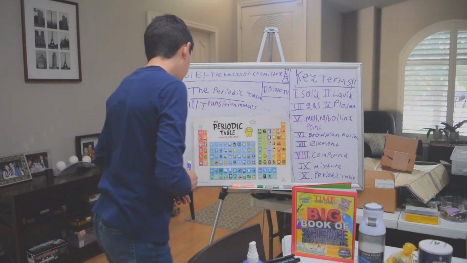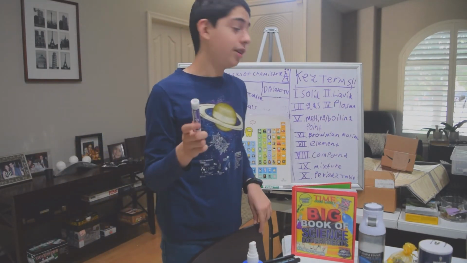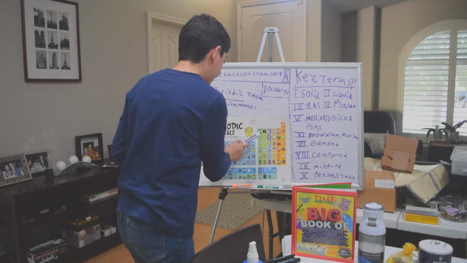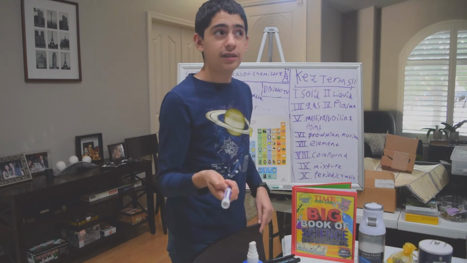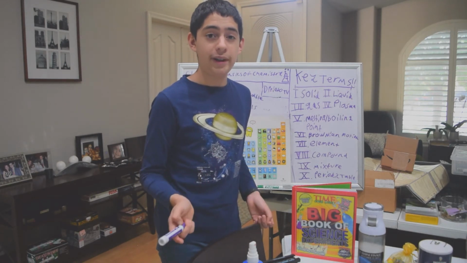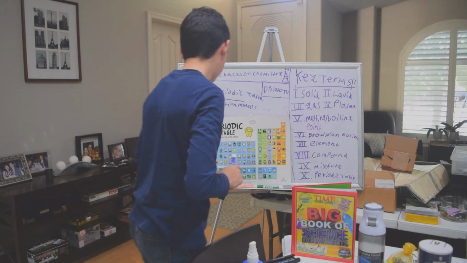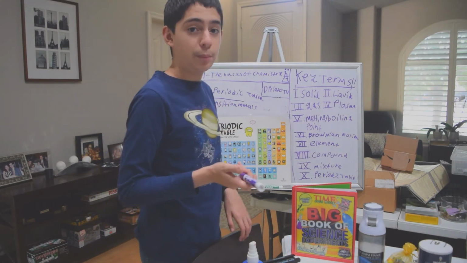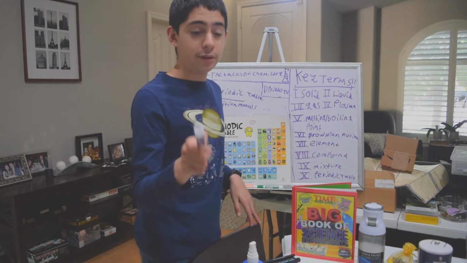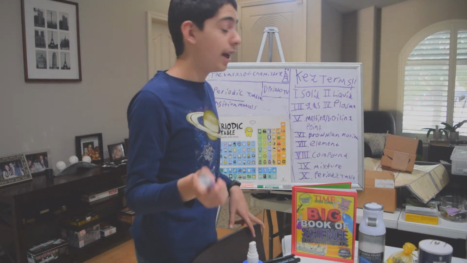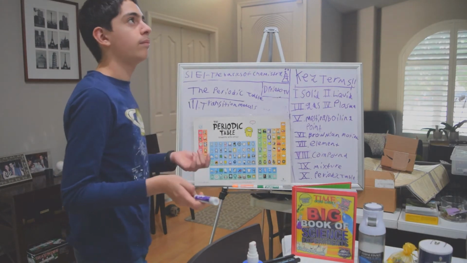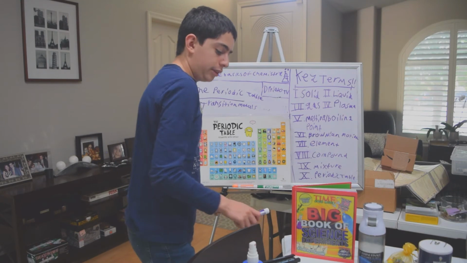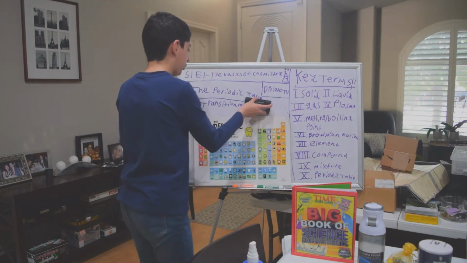Gold is on there. Some of these elements are really toxic, like mercury. I'm pretty sure you guys know mercury. And cadmium. I don't know if you guys know what cadmium is. It distorts the muscle in the brain and it just kills you over time. Another one you guys probably know is tungsten. It's used in incandescent light bulbs because it is the toughest element around. It doesn't melt until 3,000 Celsius, which is about 8,000 Fahrenheit. So yeah, let's move on to the next element category.